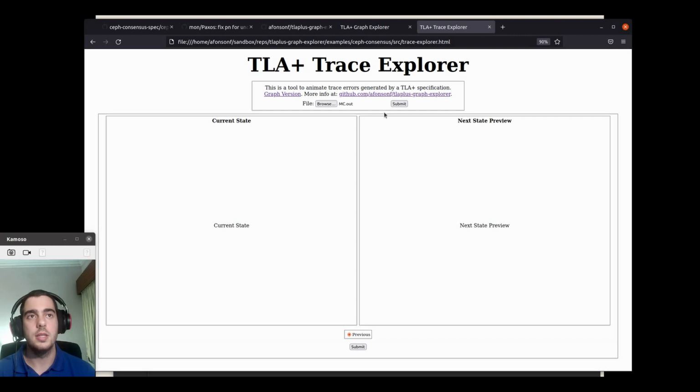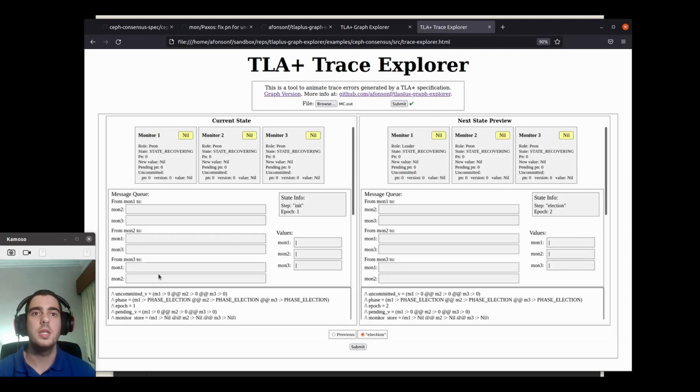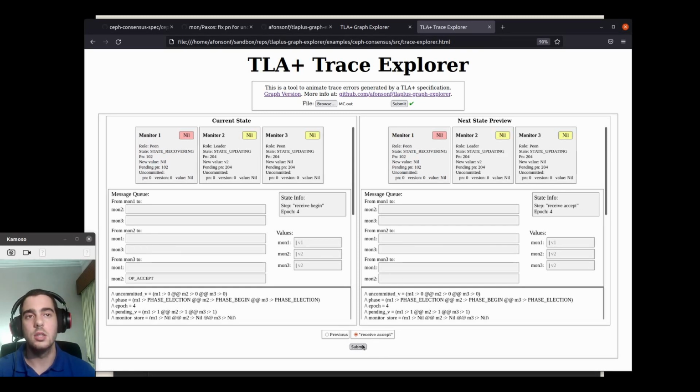So I already selected the error trace, and if I submit it, I have this interface with the current state and the next state. So you can go over the states, and as you can see, the leader is selected and he proposed the v1. Then monitor 1 crashes and monitor 2 is selected as a leader, and he'll propose and commit the value 2. Then monitor 2 will crash and monitor 1 will be elected as a leader,